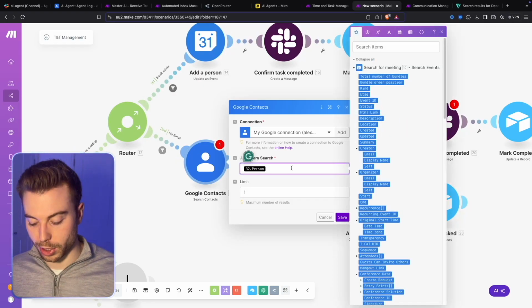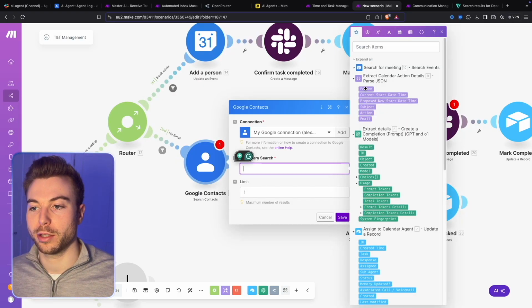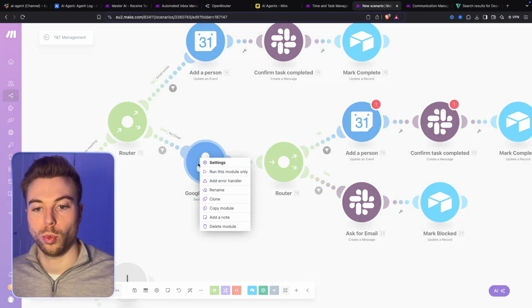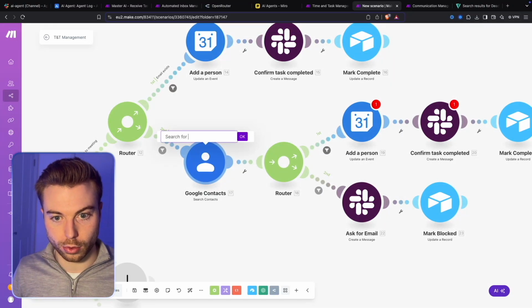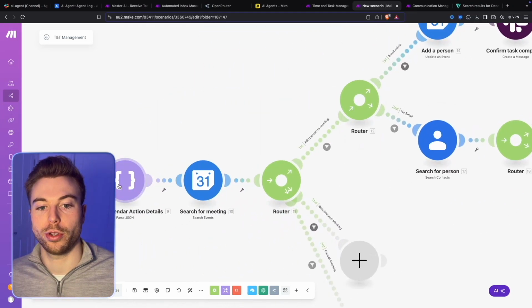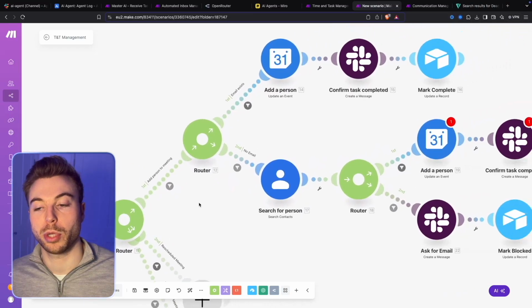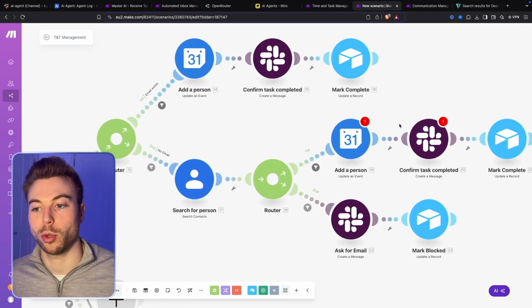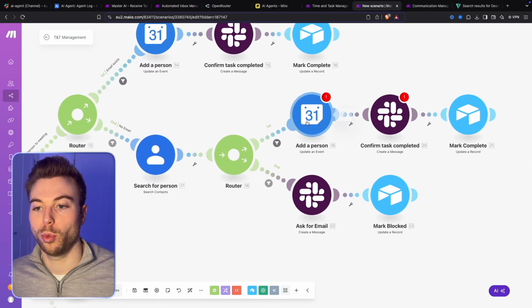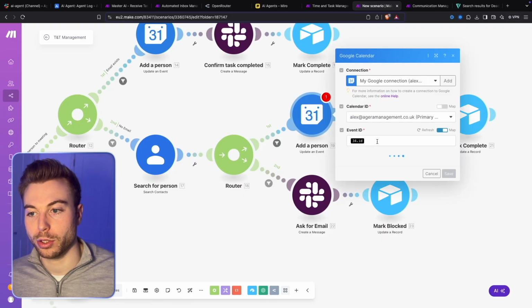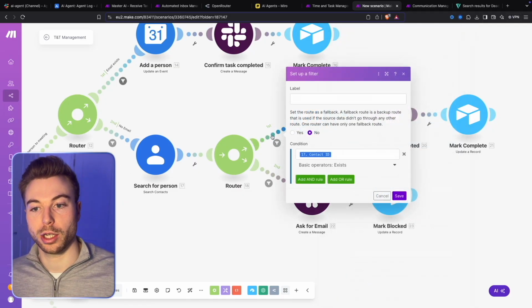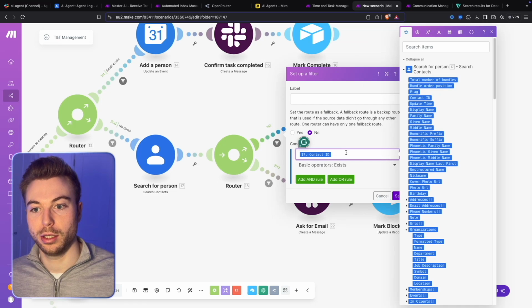Google Contacts, what we're going to say is we're searching for this specific person that's been mentioned. We want one result, search for person. And what this is saying is if we've not found an email in this parsing, but we know the name, we're going to go off and find that individual. What we can say is if we found that person, so we've been able to actually identify the contact ID,